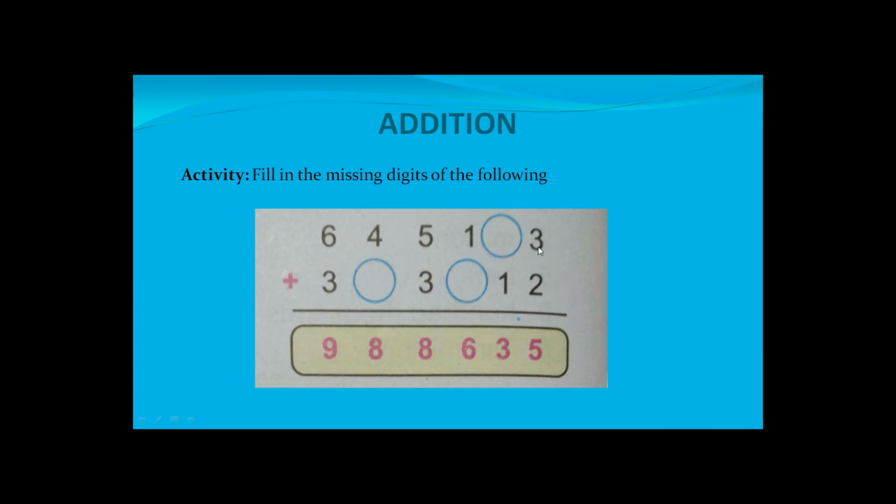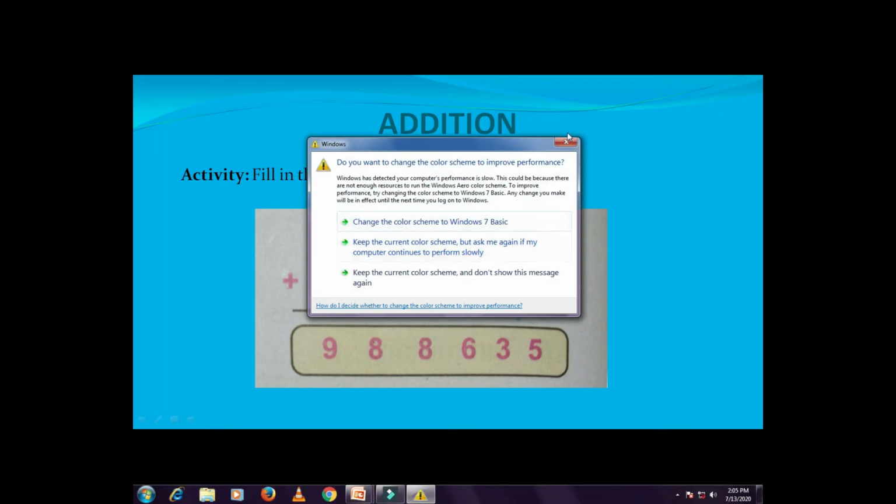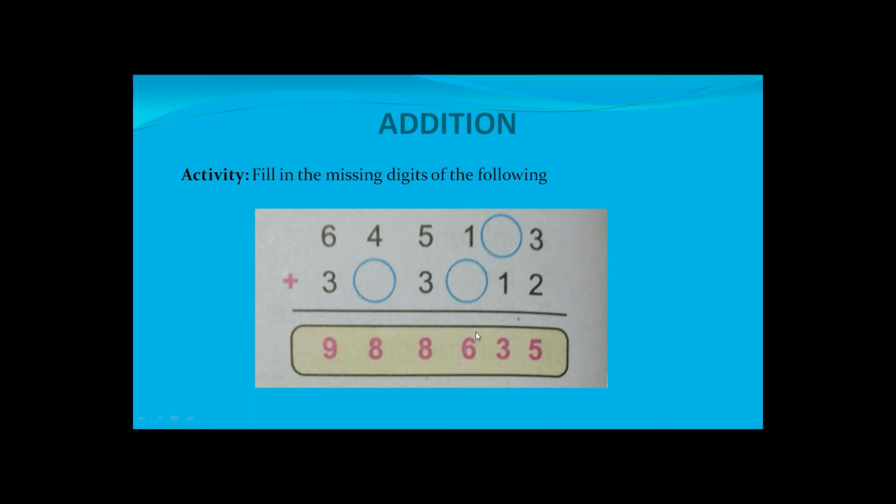Okay, so there is 3 and 2. When you add 3 into 2, you get 5. When you add 1 into which number, then you get 3? You have to write the number which comes in this place. So here there is 6 and here is 1. You have to put a number over here. What comes over here? Just copy it and write it in your copy, your notebook or paper, and then I will show you the answers.